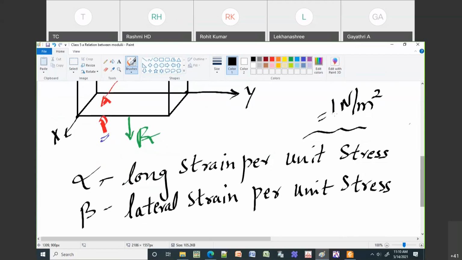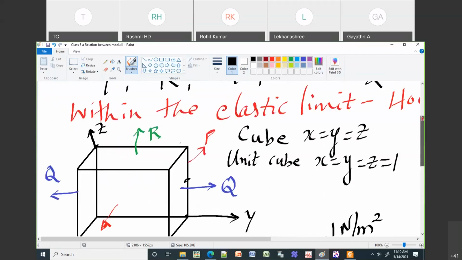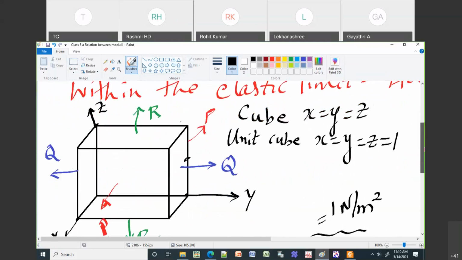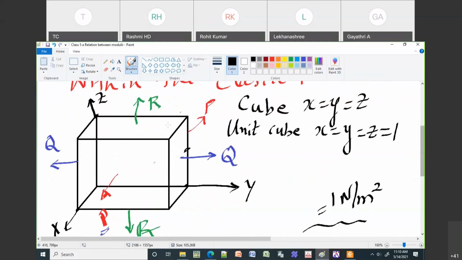Okay, we will not take like 2 Newton per meter square or 1.5 Newton or 2.5 Newton, like that. We will take only the unity because it is 1. Then it will be easy for some of the derivation here. So now as we come to this diagram,